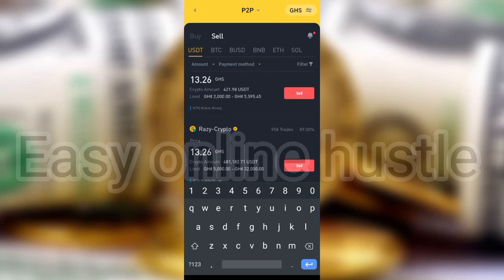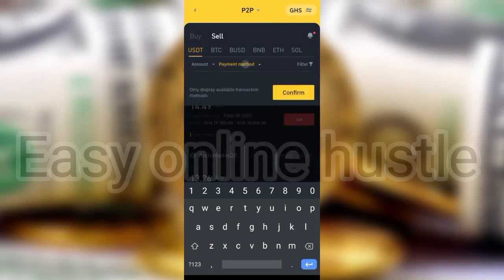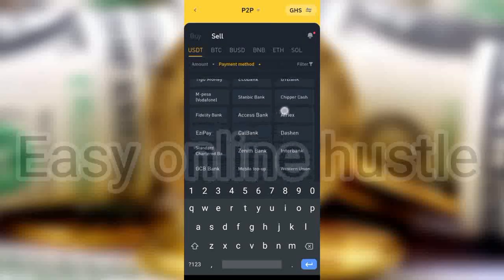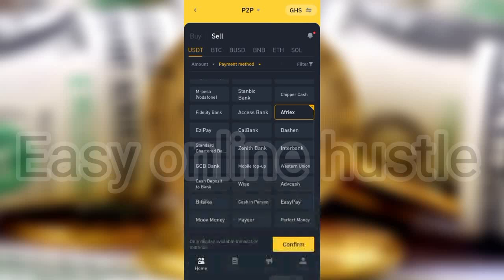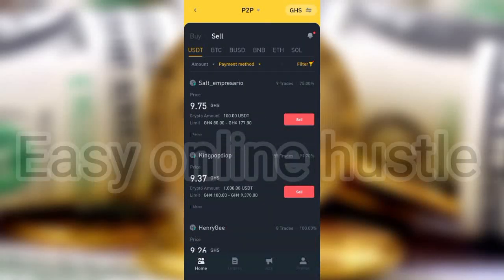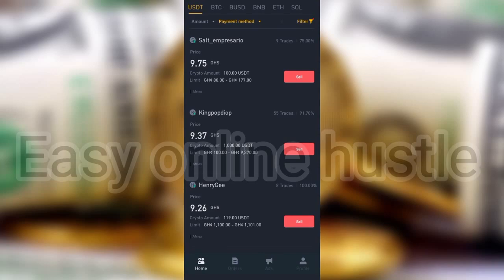So what you're supposed to do right here is first go straight to your payment method. Remember, I told you about Afriex, so you want to click on Afriex and set Afriex as your payment method when you are setting up your ad, and then click on confirm. You are going to notice that a lot of people right here are selling on Afriex. A lot of Ghanaians are buying, because once you